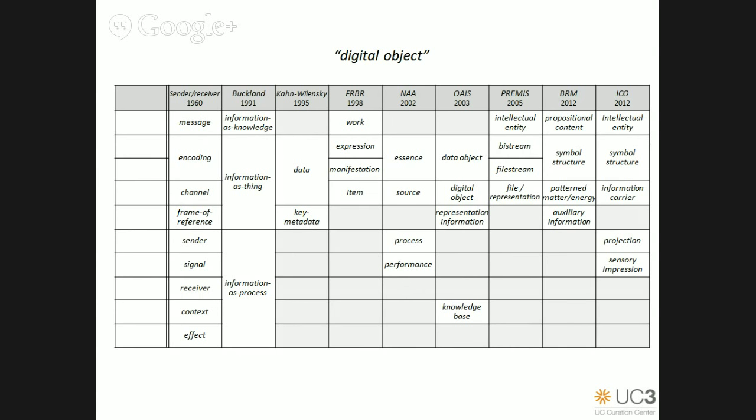And I think two things jump out from this particular diagram. One is that by counting up the number of rows, we can get a sense for the overall fineness of granularity with which these various efforts have attempted to decompose the notion of digital object. And secondly, we can see that there is no one formulation that is comprehensive, spanning all of the granules at their finest level. I leave the first row open, the first column open. As you could expect, that's where we are going to fill in with our modeling.